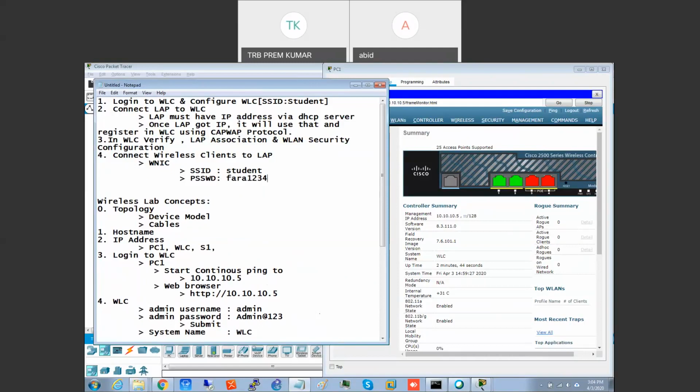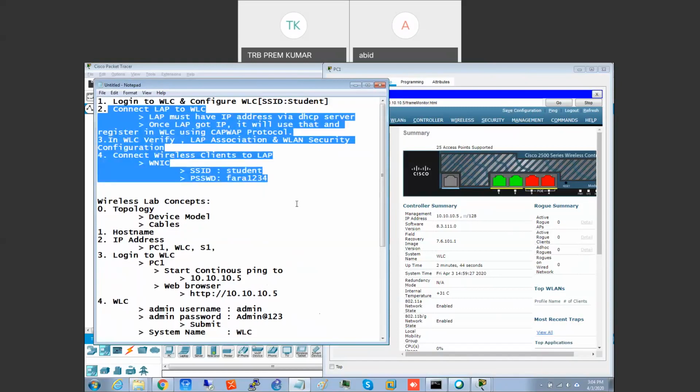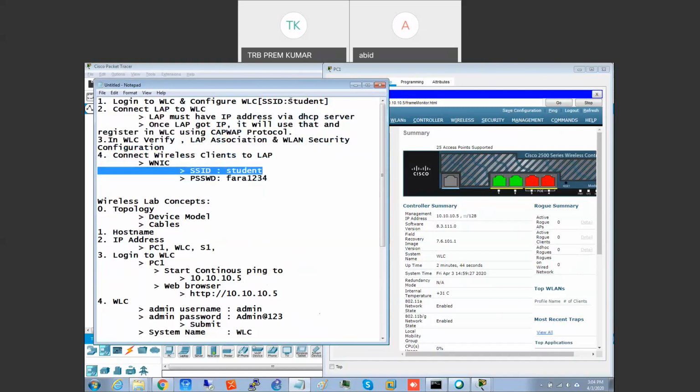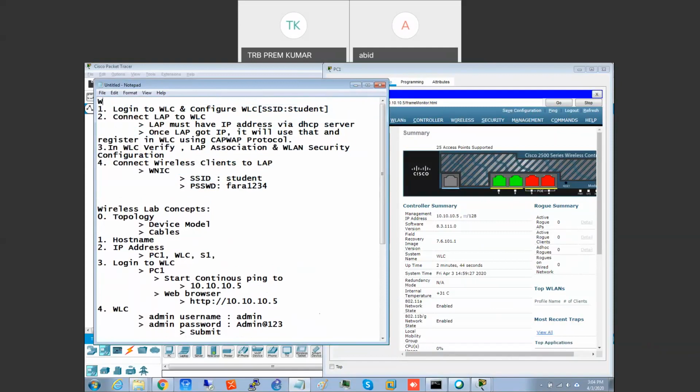Yeah. Okay. Let us try now. You have written this? Yes. Let us go back. We are now going to do step 2, connect the LAP to WLC. The second milestone. Before we get into the second one, we have to configure our server for DHCP. That's right. The first step is that the LAP must connect through DHCP, so you have to make DHCP ready. Very correct.